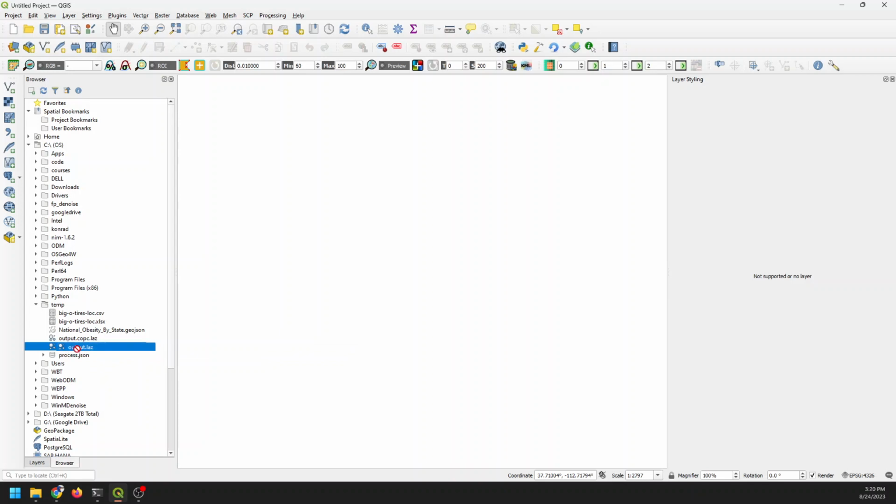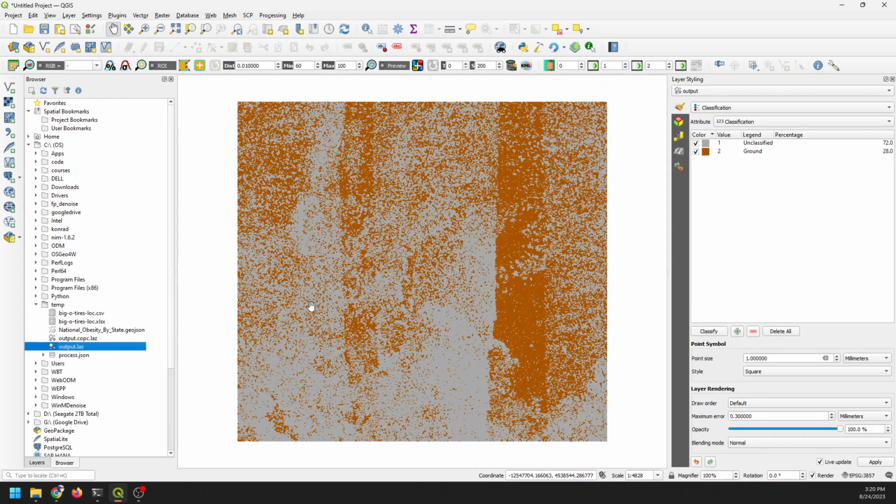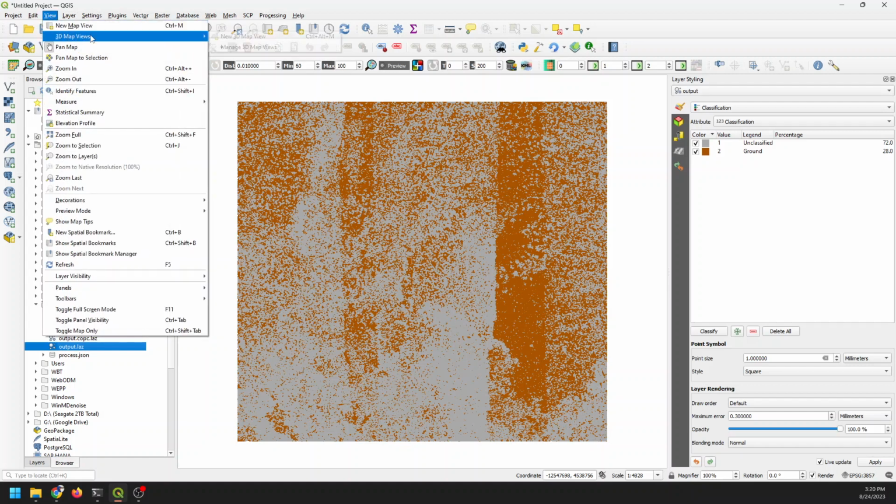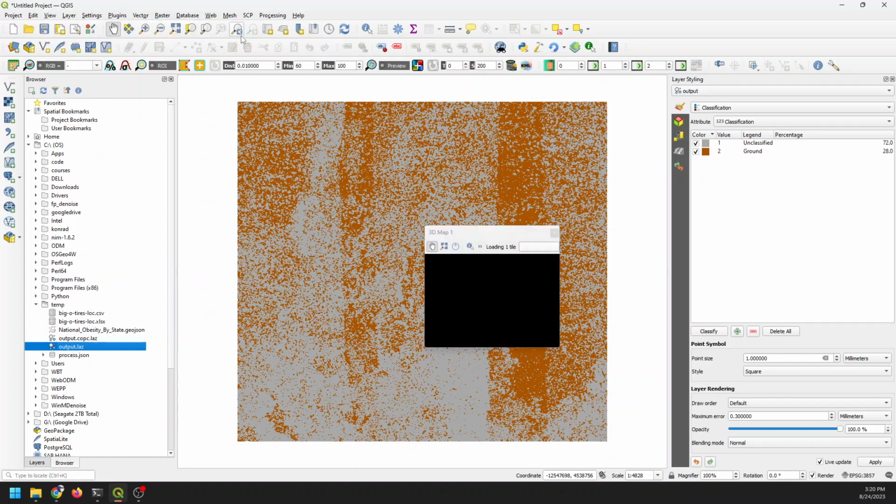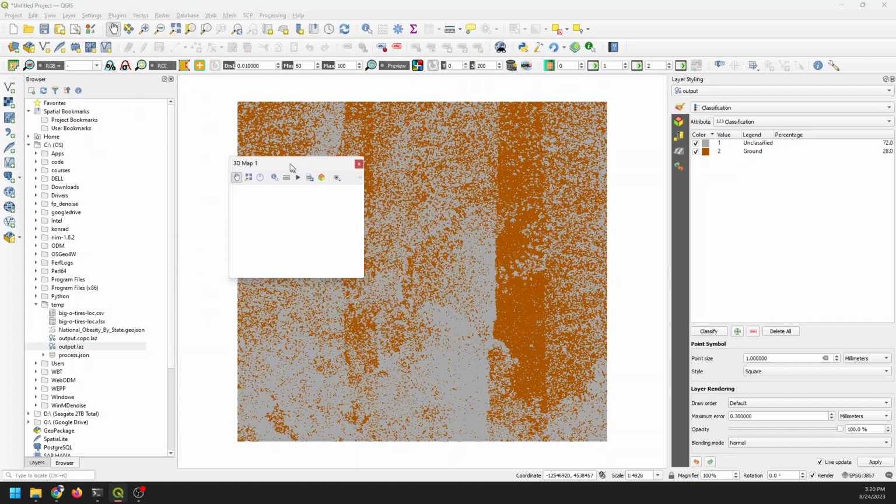So I'm going to drag this output.laz file in. It's just a regular Lidar point cloud. And if you watched that previous video about how to download those with PDAL for the US, you can download them really easily there. Now, let's go to View, 3D Map Views, and a new 3D Map View. We're going to get this here,